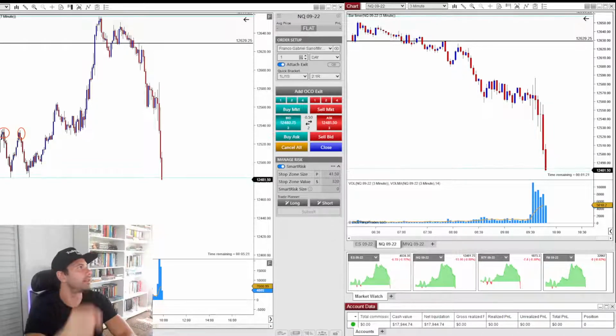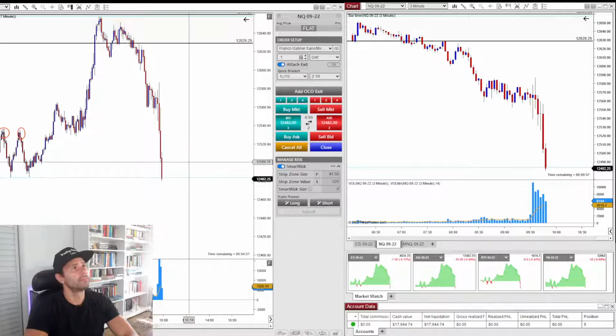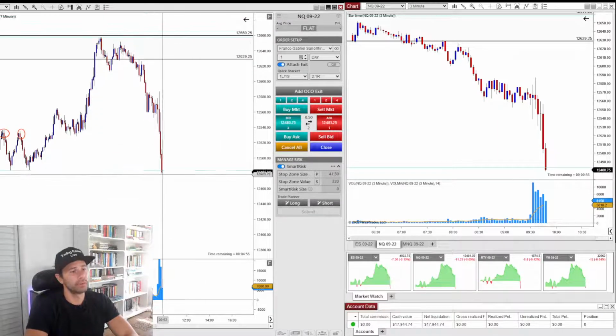All right, we're just breaking the overnight in all of them, but the RTY is way below the ES. The YM just barely broke it. Let me see. Not really. The YM is about to, and the NQ is holding right there. The ES broke that aggressively to the downside.